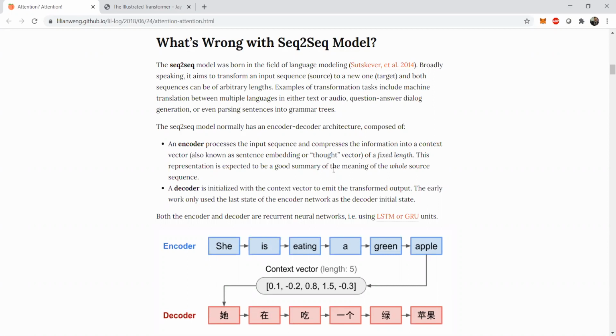Right? And this context vector is mainly determined by the terminal LSTM hidden cell. That is the hidden cell state. In most cases that is expected to be a good summary, but entirely it is not true, because we are not getting the exact information, or if the corpus is really large.